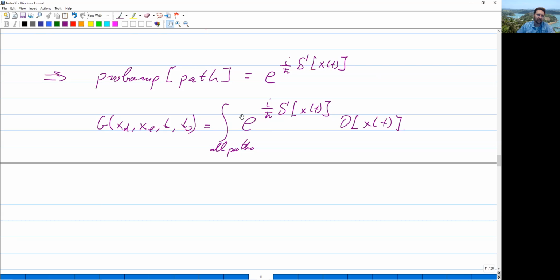Yes, with some regulators and so on, but it can be done. And so you know the Green's function then. But then you may, in practice, have to work with an action that's not quadratic. What do you do then? Well, then you can do a Taylor expansion of the terms that are not quadratic. And then you can do integration by parts or substitution in the path integral formally. And this is how you can then also perform path integrals